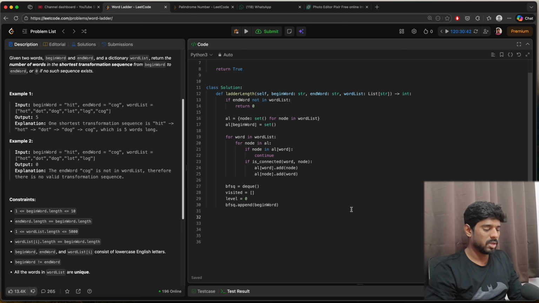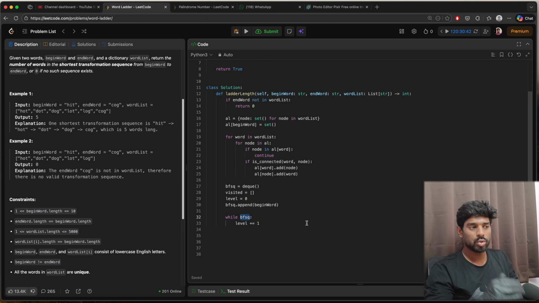So now let's traverse the BFS queue until the BFS queue is empty. We are going to increment the level inside the while loop. And at this level, we just need to traverse the nodes that are already in the BFS queue. So if we are going to insert any more nodes into the BFS queue, we should traverse those only in the next level. We have seen that in the walkthrough. So you should remember, we should not traverse any nodes that are getting added into the BFS queue at this iteration. So for that, we are going to have one more for loop,